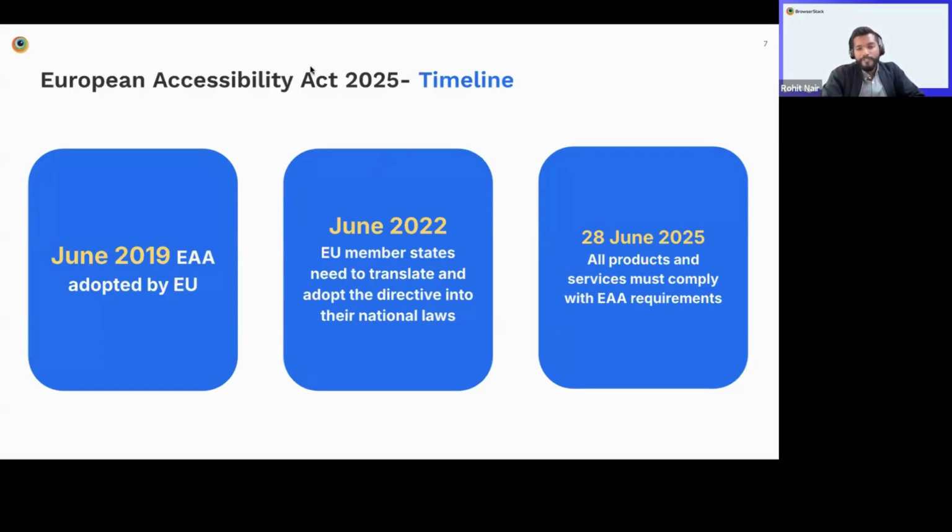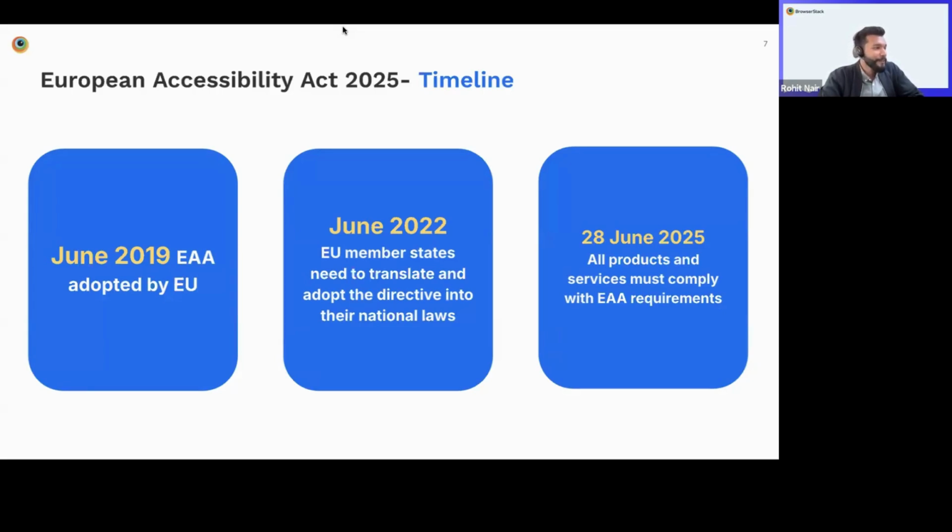We have also noticed that a lot of the folks have created some fines regarding this. I see a lot of clients ask me what a fine looks like, or how it impacts them. We have noticed that the German nation and the country of Ireland have put up fines regarding this. For example, in Germany, there's a 100,000 euro fine if you're not accessible by June 2025. It's a lovely law that they have passed over there.